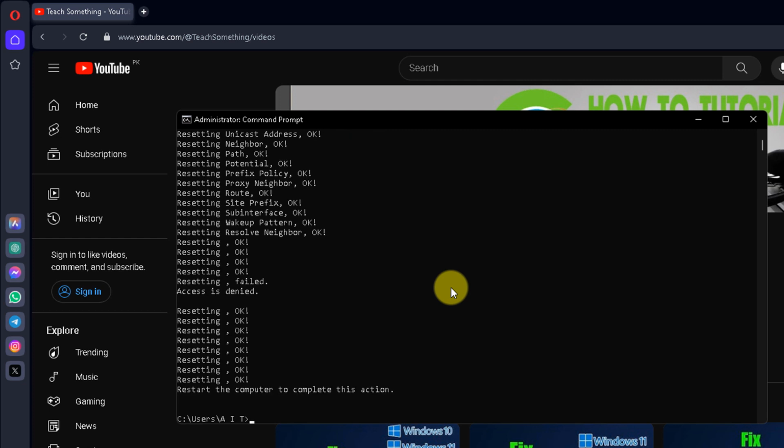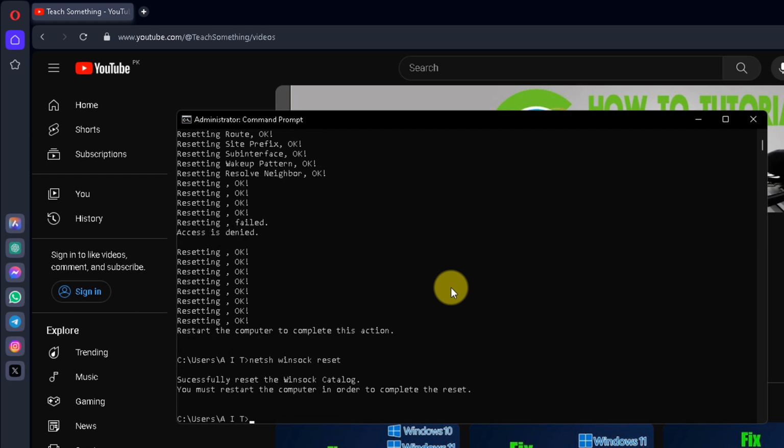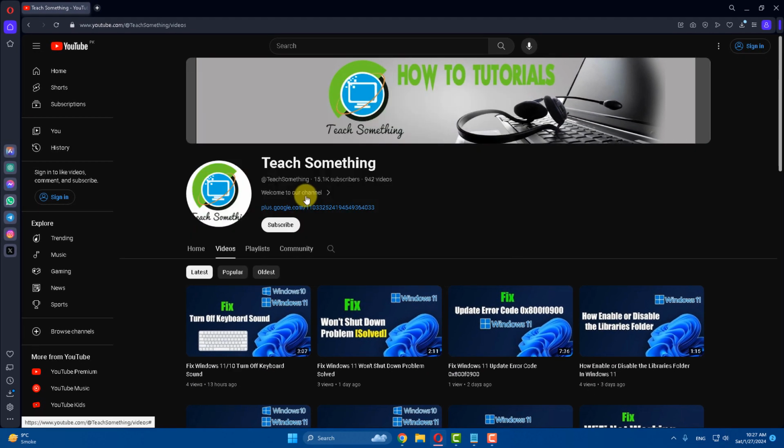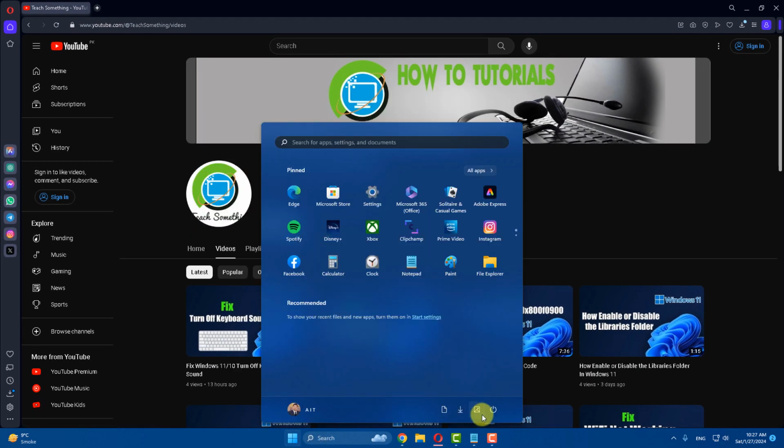After that, type the command netsh winsock reset and press enter. After that, type the command ipconfig /flushdns and press enter. After that, type exit and exit the command prompt, and after that restart your computer, and